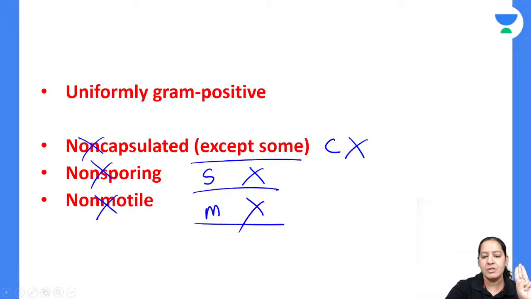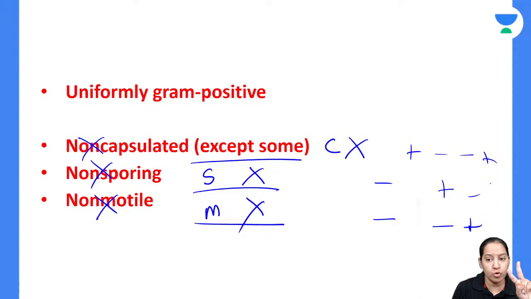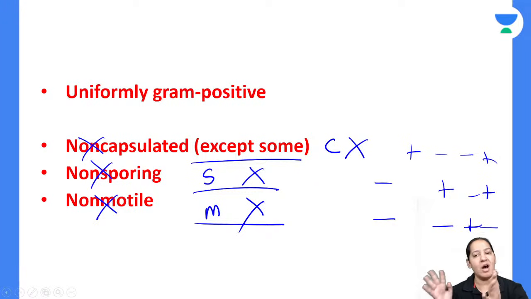Always tell three things. Many students ask me, ma'am, how to learn? For 40 different bacteria, whether they are capsulated, yes or no, spore forming, yes or no, or motile, yes or no, it's very difficult for us. Here all three things are negative, so it's easy to learn, but in some of them you will get various combinations. The capsule will be positive but the other two negative. The spore will be positive but the other two negative. The motility will be positive but the other two negative. Or two-two combinations, spores and capsule positive but motility negative. To learn these combinations is very difficult if you don't know the concept.